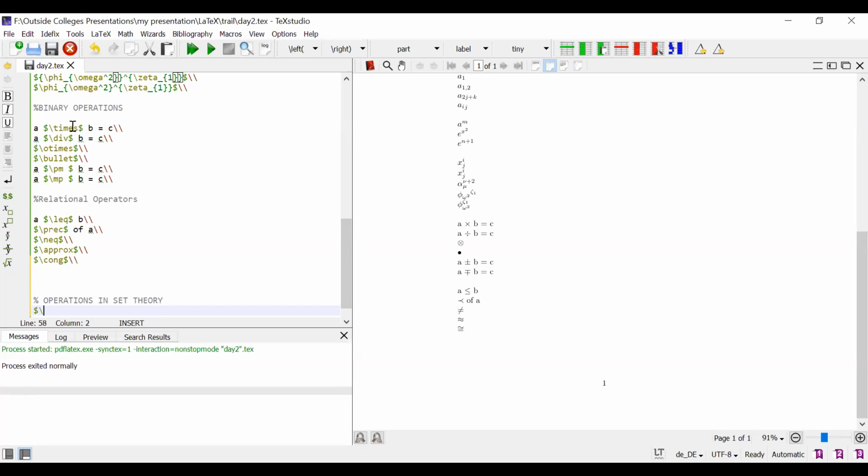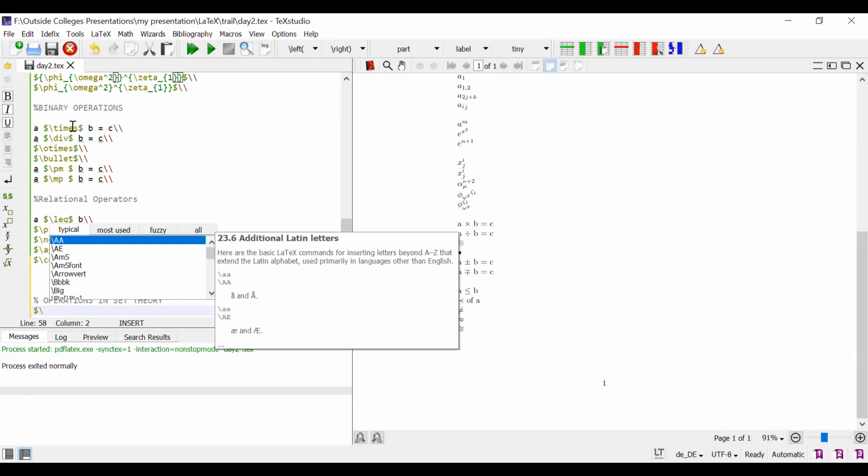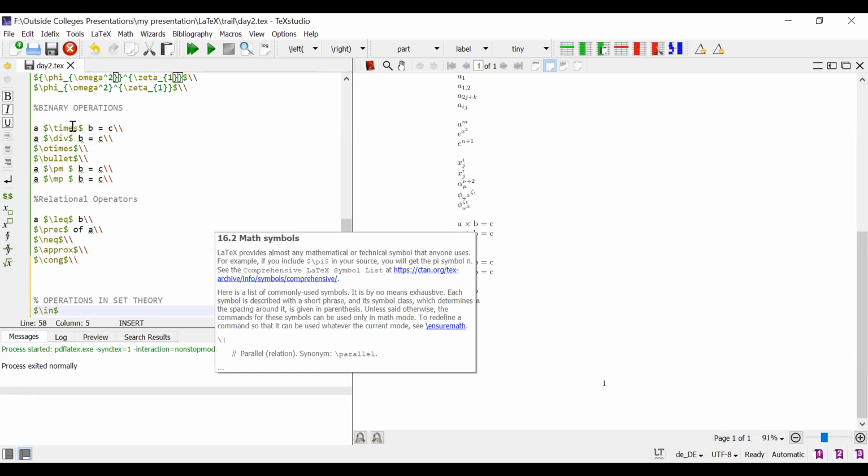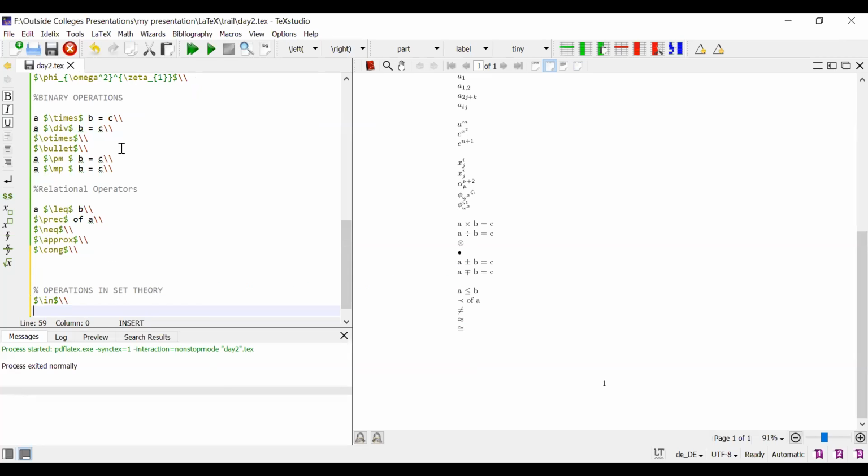Instead of belongs to, we can write \in. See this, epsilon, A belongs to capital B.